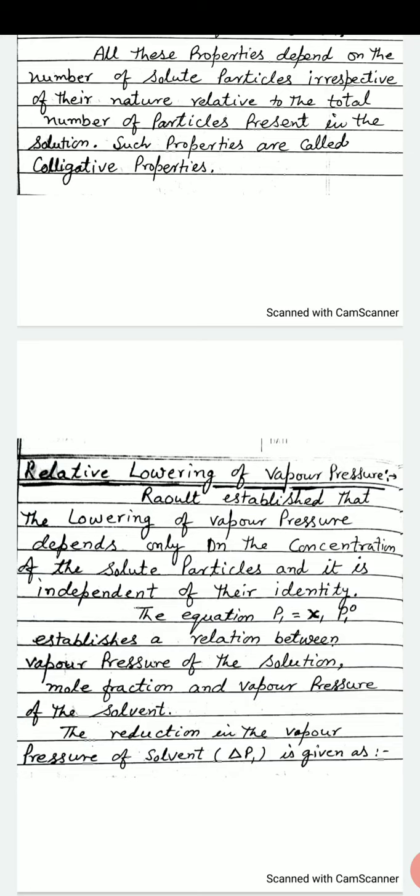The equation P1 = x1 P1⁰ establishes a relation between the vapor pressure of the solution, the mole fraction and the vapor pressure of the solvent. The reduction in the vapor pressure of the solvent, ΔP1, is given as